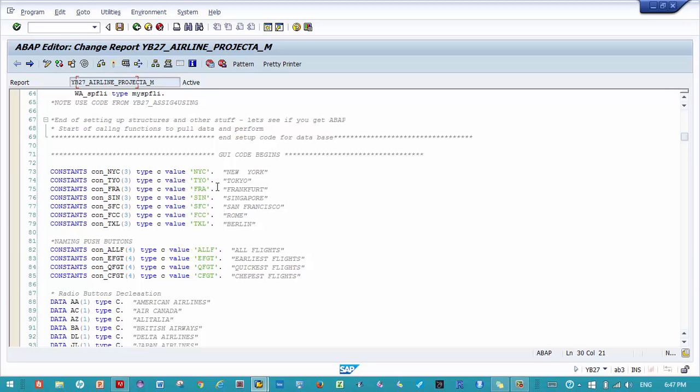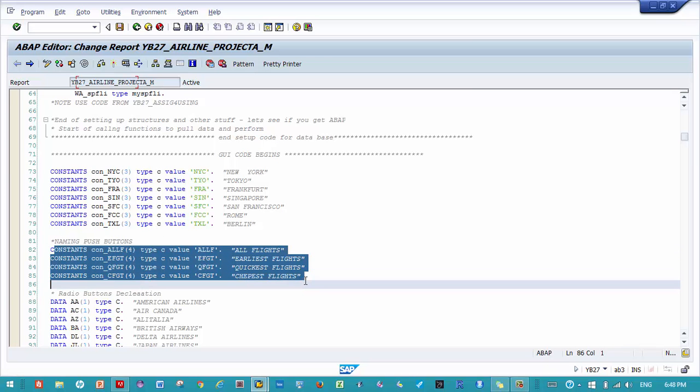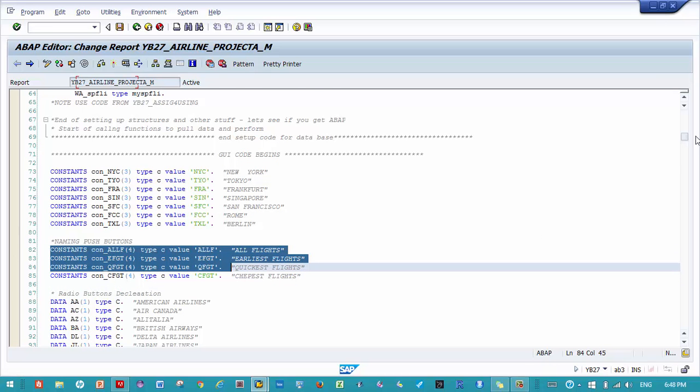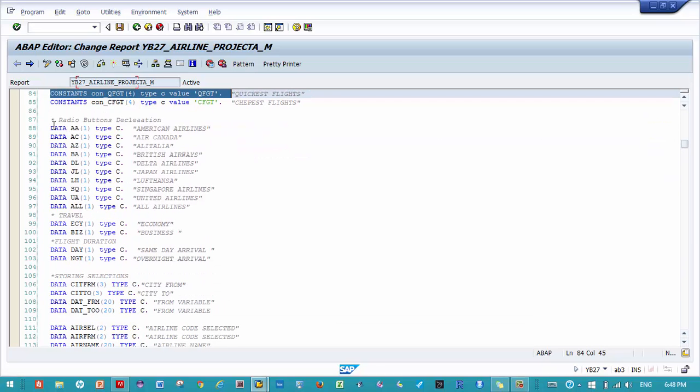And so, like I was saying, we did have a menu which had city names, and the city names are identified in the table by 3-letter characters. So NYC for New York, TYO for Tokyo, and so on and so forth. And just like I have here, I have also the names of the buttons. Unfortunately, my code is not in any particular order. I just group stuff together. So we have the menu names, we have the buttons, we have the airlines,